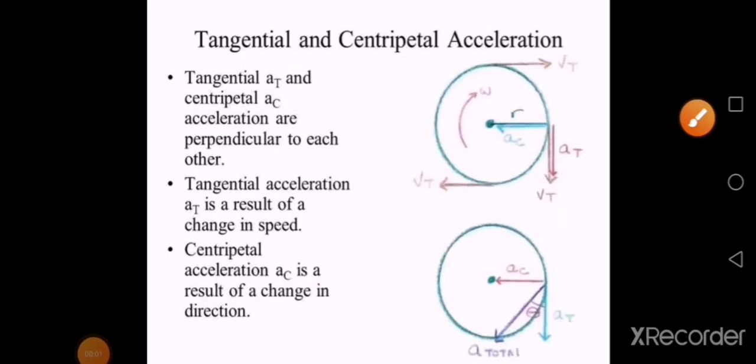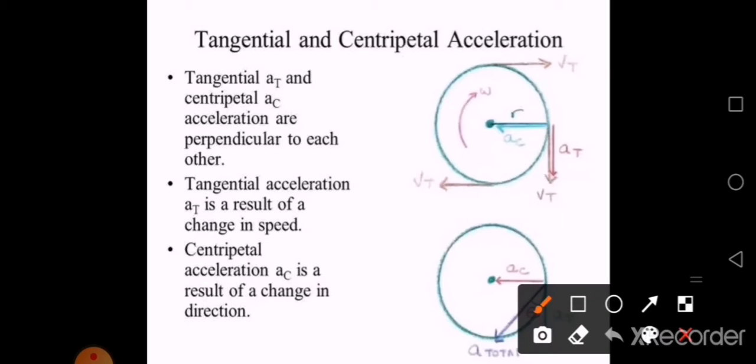Now we have seen the change in direction or acceleration whenever you have uniform speed, isn't it? So it cannot be uniform all the time. There can be changes also. It can be non-uniform also. Now whenever it is going to be non-uniform, you will have tangential acceleration. Okay. Now tangential acceleration you are going to denote with a_t.